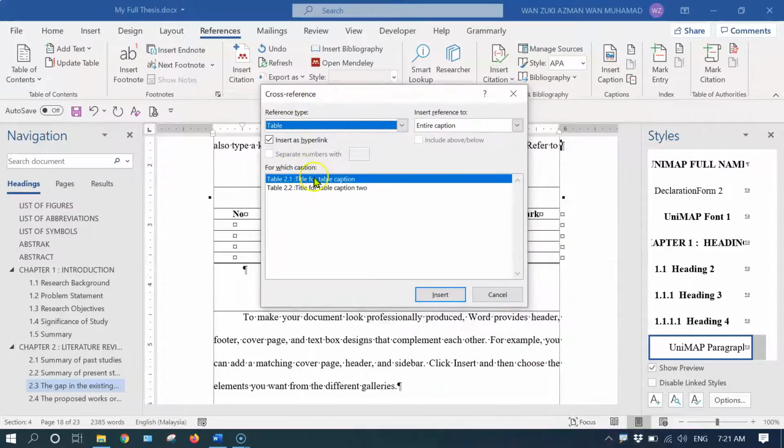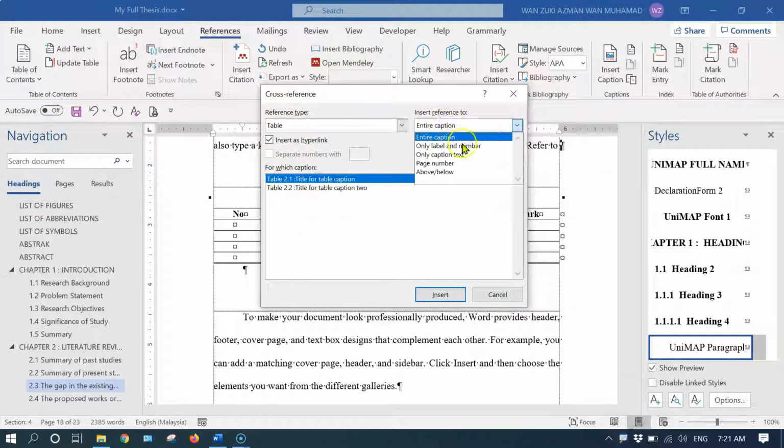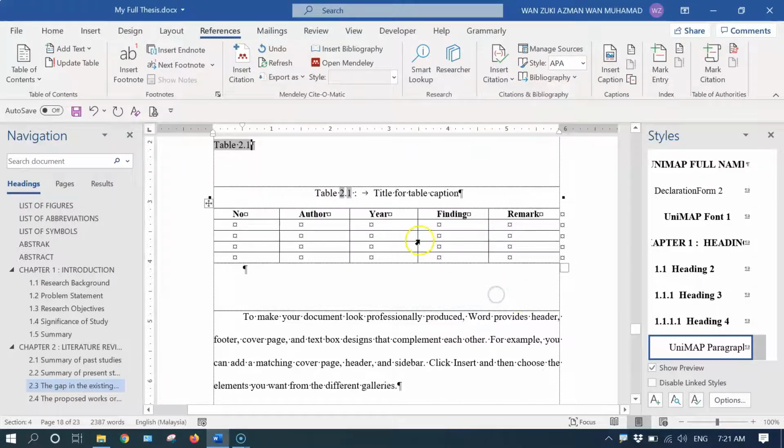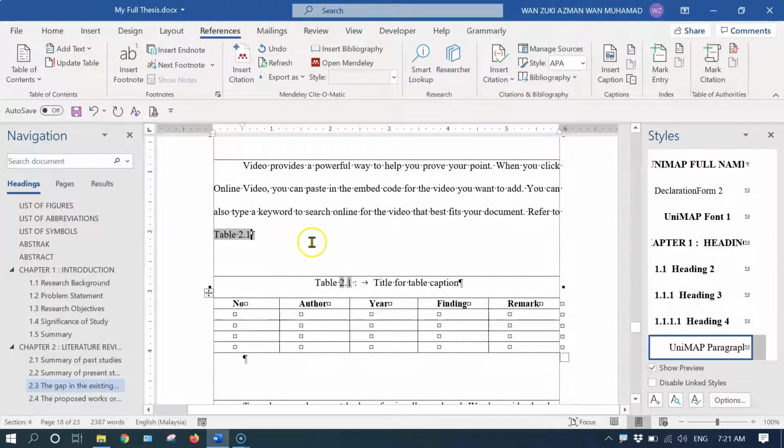Table 2.1, and then insert reference, only label and number, and then Insert and then Close. So refer to table 2.1, summarize the findings from the